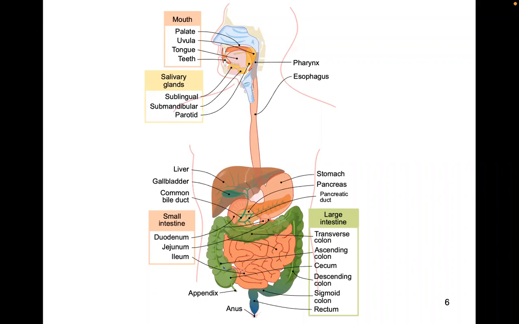So we can already start to digest chemically some fats. So anyway, the stomach further digests those, and then now the chyme is basically squirted through another sphincter down into the small intestines. And in the small intestines, this is like a common meeting point for the liver and gallbladder and pancreas. They all sort of collectively shoot their components. They have their own secretions that go into the small intestines, right where that chyme is now dumped into.